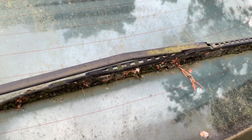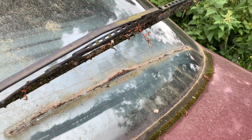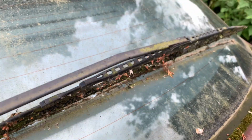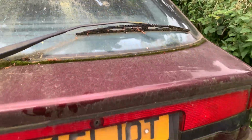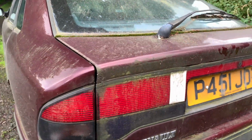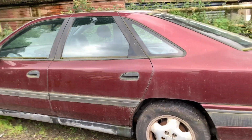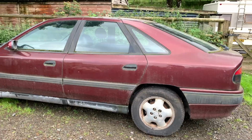So we should see if the wiper actually prizes off from the windscreen. It does. There's 12 years of detritus, there's that word again. You'll notice actually it's almost a Safrane, because the E has seen better days. So I think, why don't we go through this car together, you and me, to see how glorious this thing is,